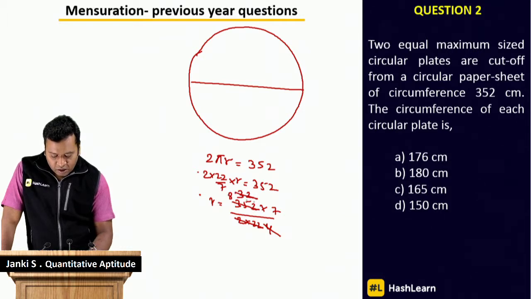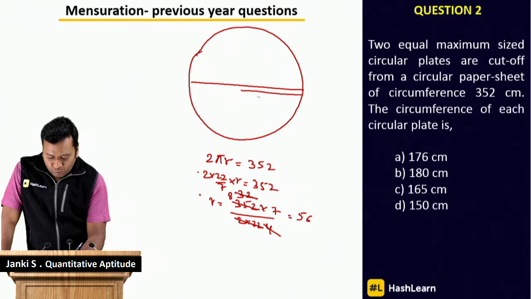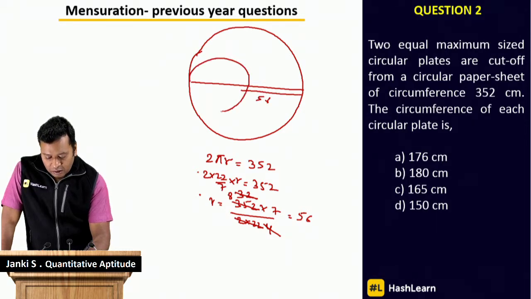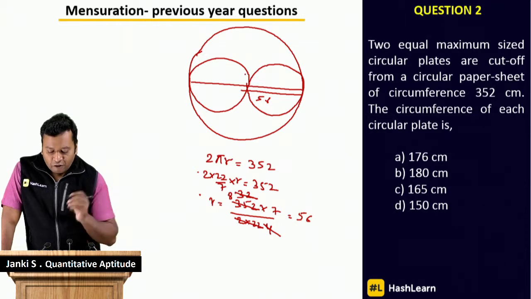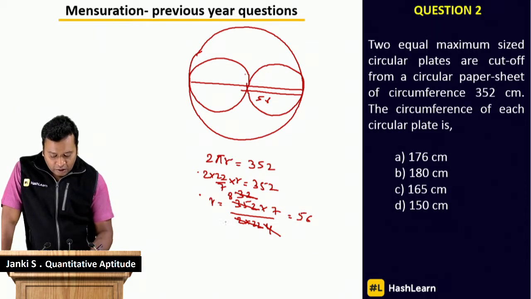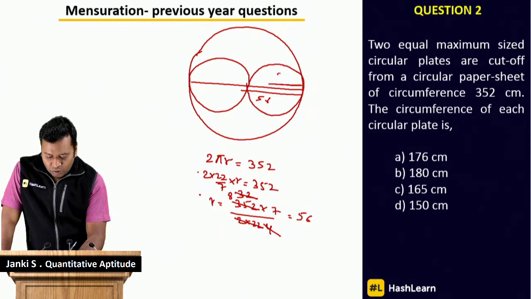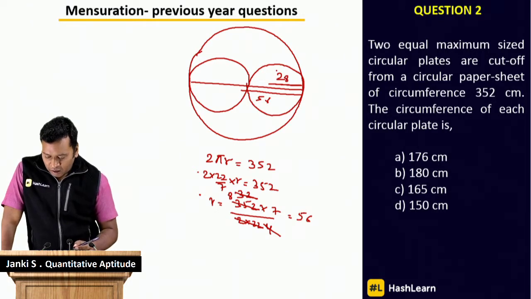So this is 8, 56। तो ये जो इसका रेडियस है वो 56 है। अब इसमें 2 सर्कल कंसिडर कर रहे हैं, मैक्सिमम सर्कल्स पॉसिबल, दैट मीन्स दोनों का रेडियस सेम होना चाहिए, वो इसका हाफ होगा। सो अगर बड़े का रेडियस 56 है, दैट मीन्स छोटे का रेडियस नाउ इज 28, हाफ ऑफ दिस।